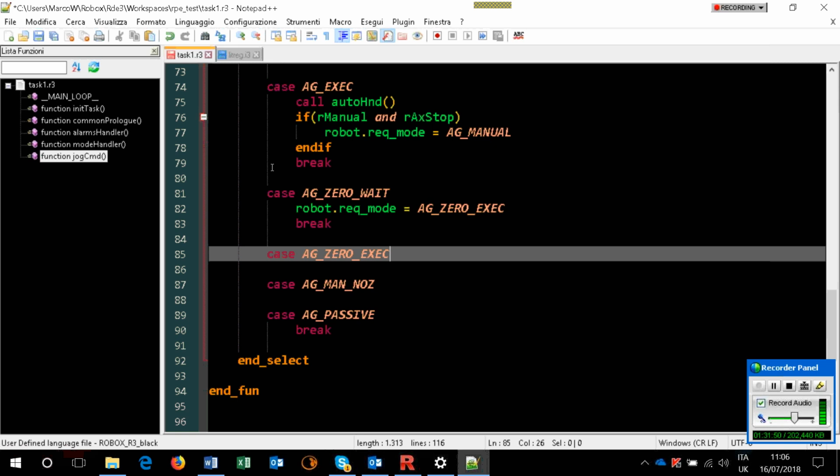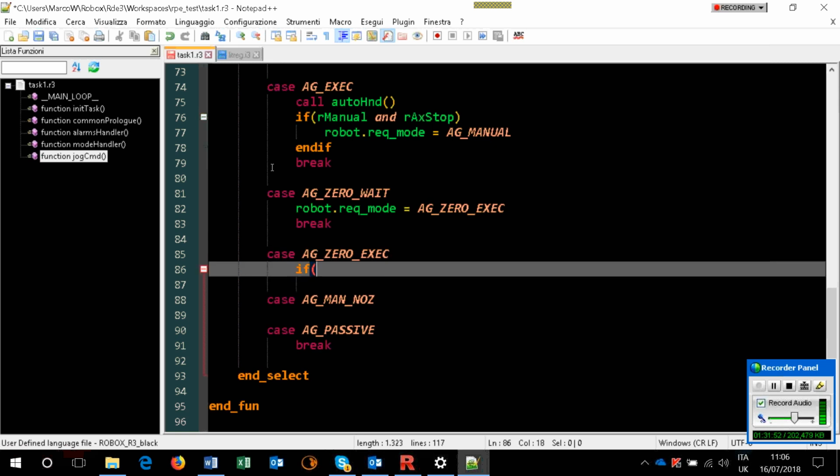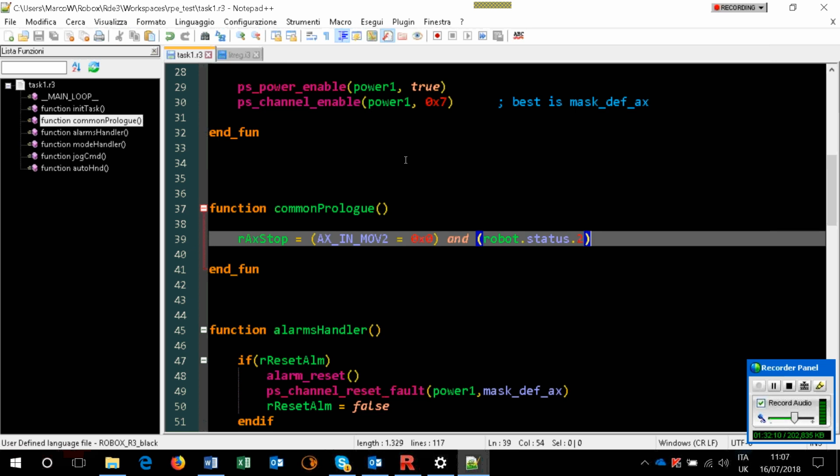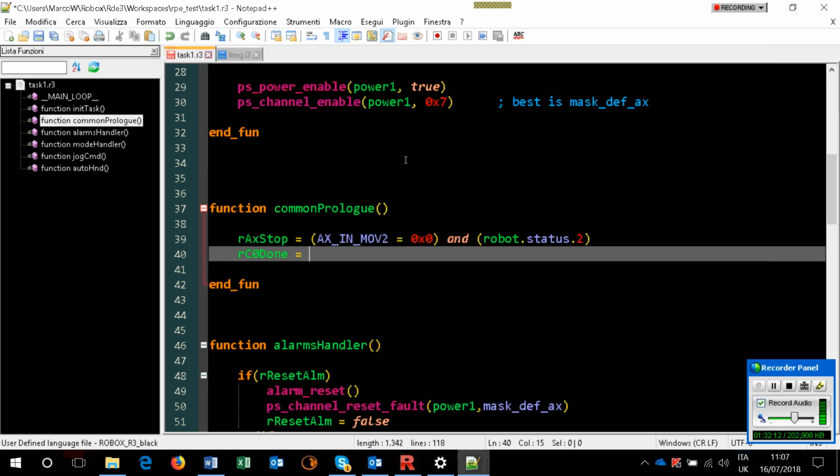Oh, here we check if C0 done, because we don't know how long it will take to do. If C0 done, let's make better. R C0 done. I create this for myself, okay? Here, I set C0 done is when C0 done and something you need to tell me is equal to this, the same you need to tell me. Okay? So,